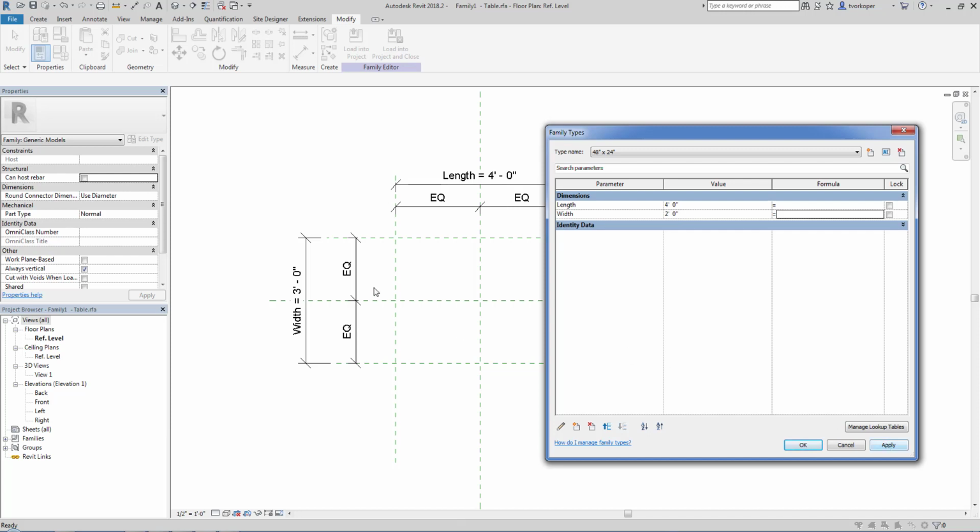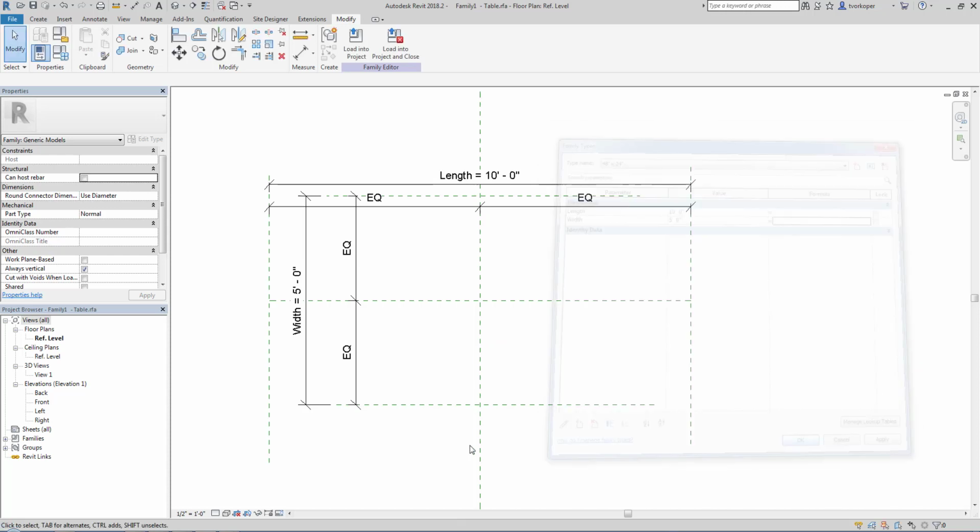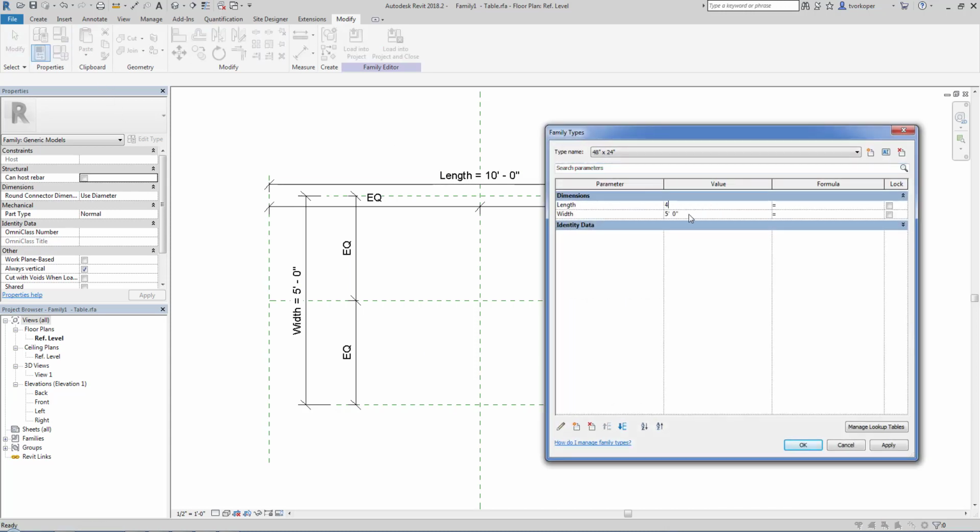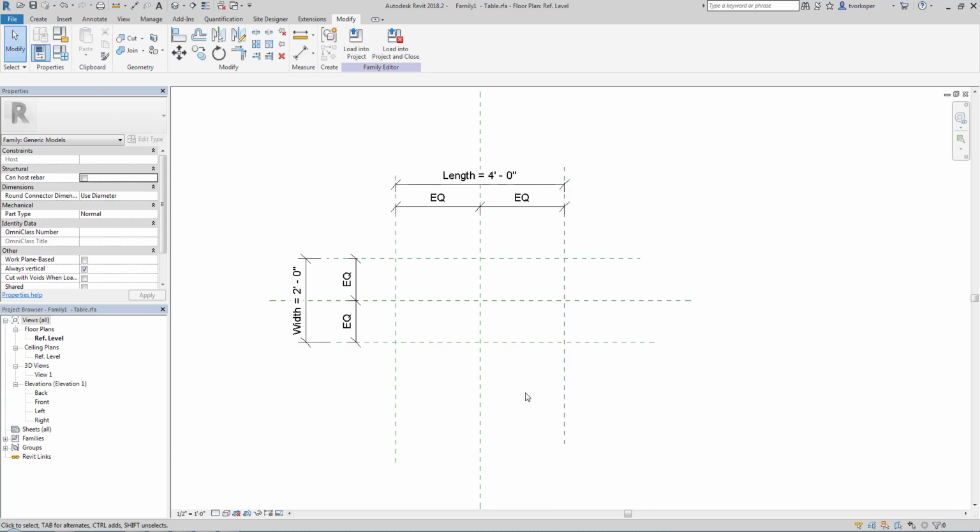When I press apply, let's watch in the background and see if the width actually changes. And it did. And we can go through and change these to whatever we need and make sure that they actually change. You can see the width has changed to 5 feet and the length to 10 feet. I'm going to go back and change this back to 4 just so that it remains consistent. So now we have two parameters that are controlling the reference planes, and we'll add some solid geometry that will